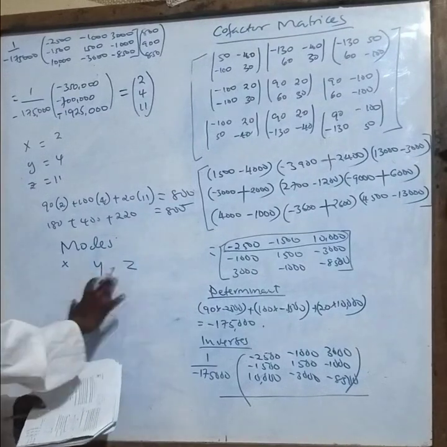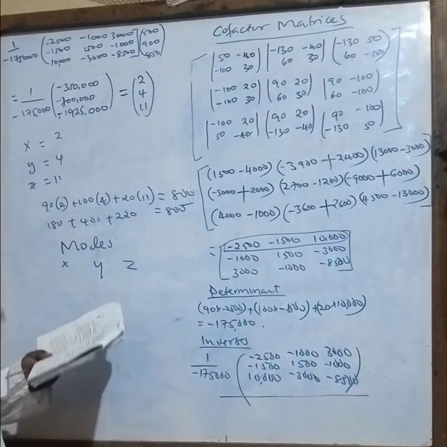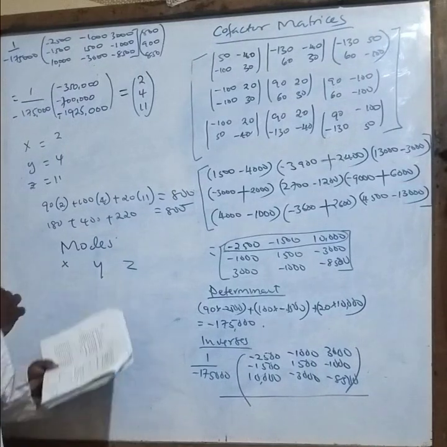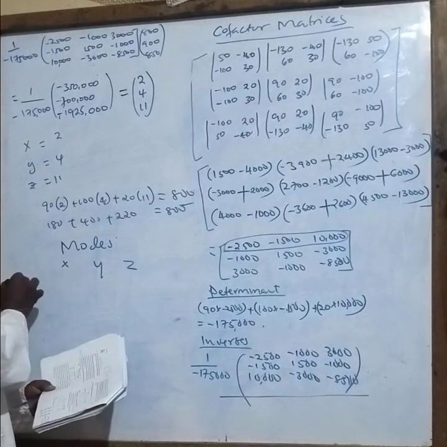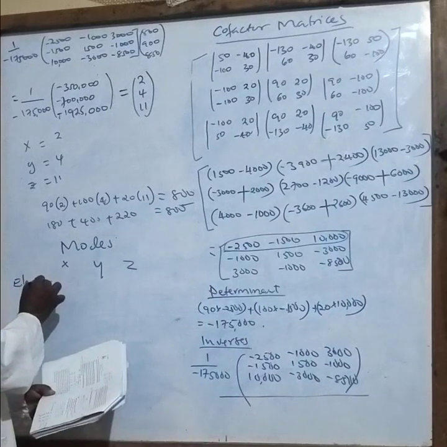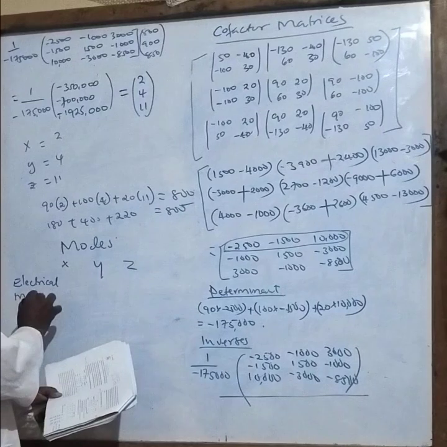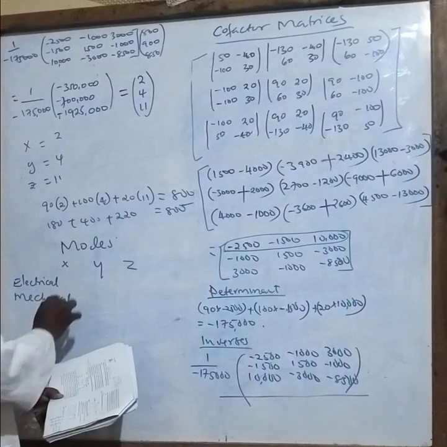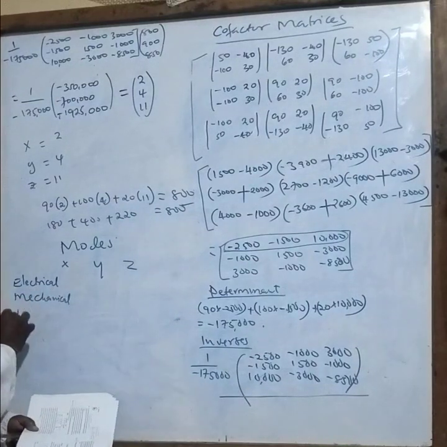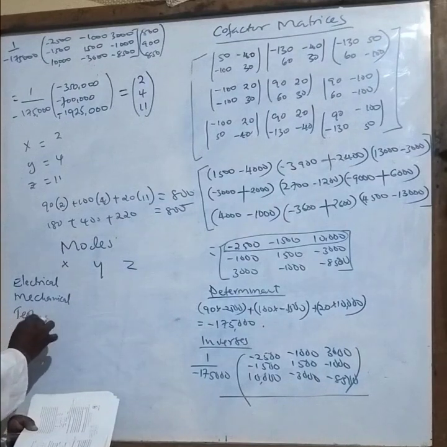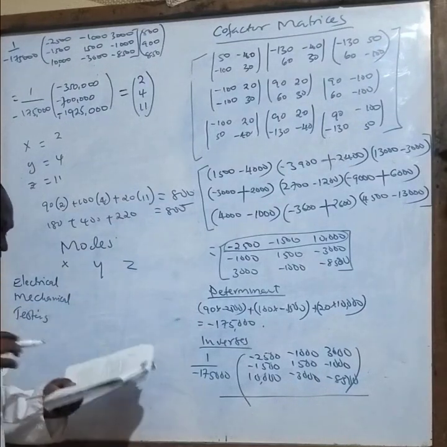And for you to produce these models, it has to go through 3 stages. Stage number 1 is electrical assembly. The second is mechanical assembly. The third one is testing. Then you follow step by step. They are saying